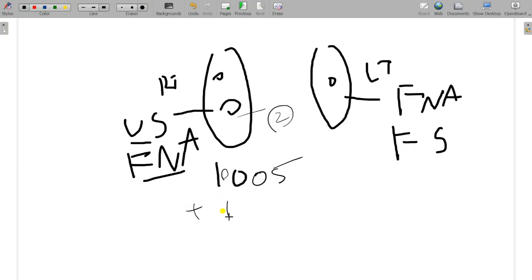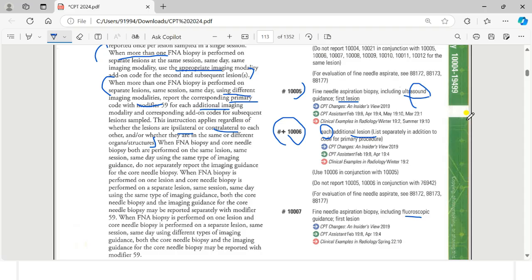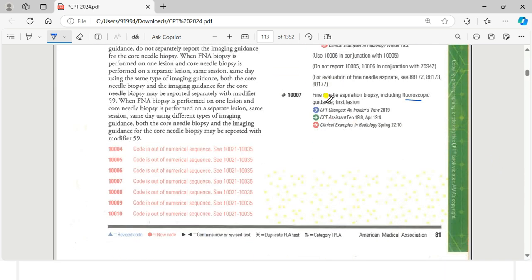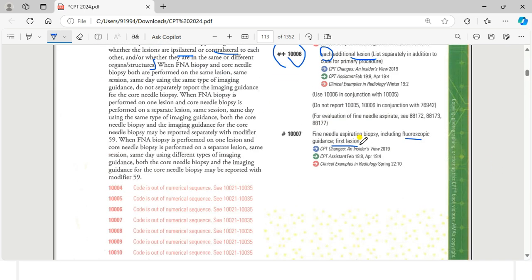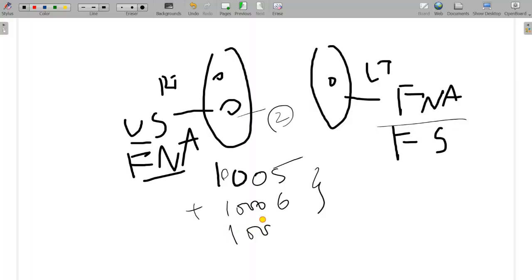So we are coding the add-on code 10006. This is done. But on the opposite side, one more FNA is done with the fluoroscopic guidance. So here is the code including fluoroscopic guidance first lesion. Okay, so 10007. This is wrong way of coding.